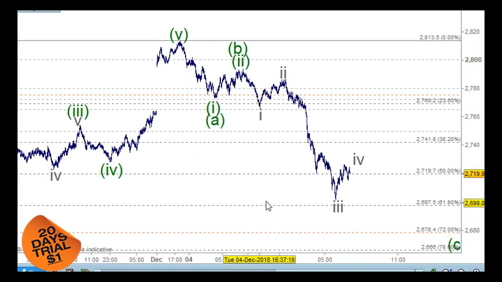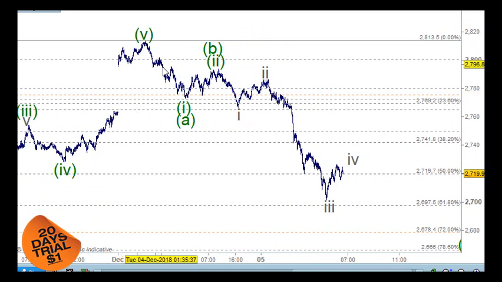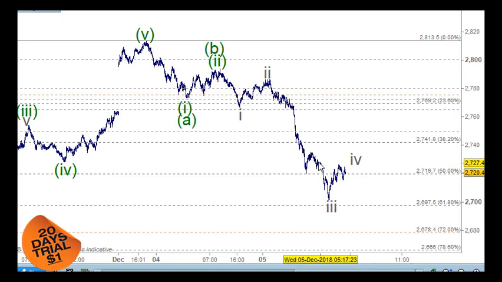The move down through here so far is kind of interesting, because we can call the first 5 waves down here as wave 1 and wave 2, and then 1 and 2, and then we've got 5 waves in this section here for wave 3. From the last low and top here, we're at the 61.8% here, but I think it's just a wave 4, so it'll just pull back, probably won't even pull back up to the 4th wave of 1 lesser degree, which is here.